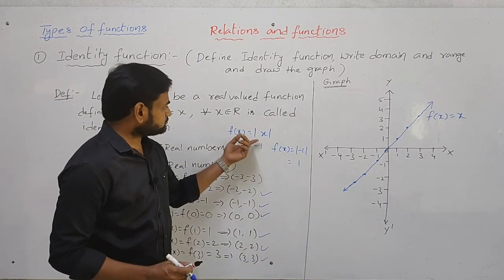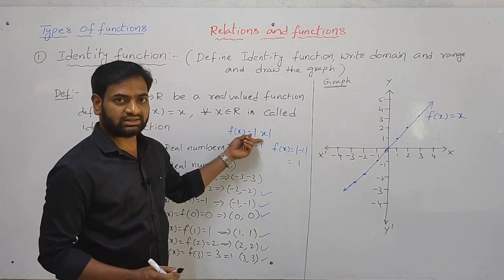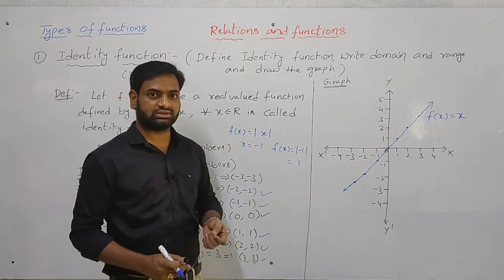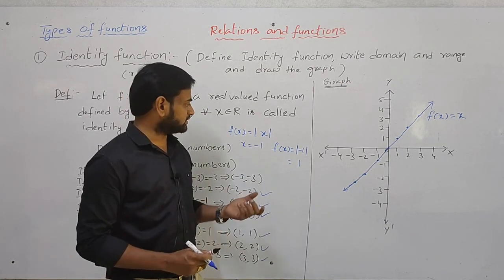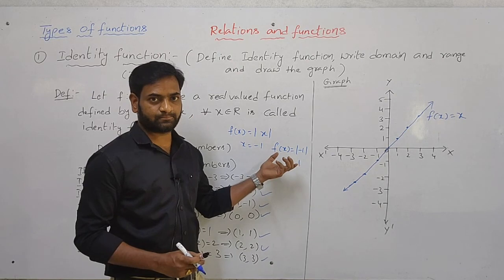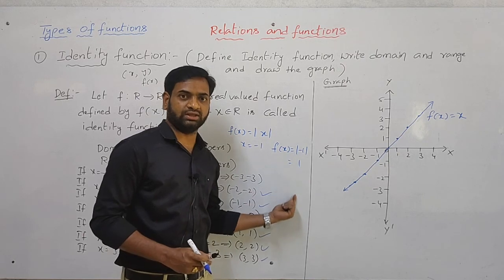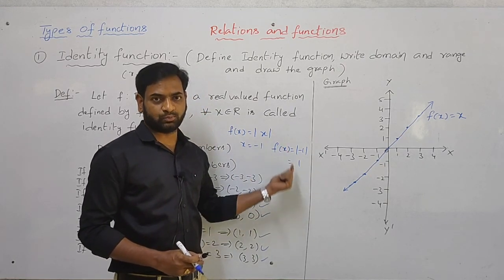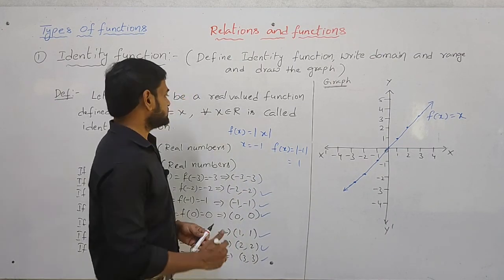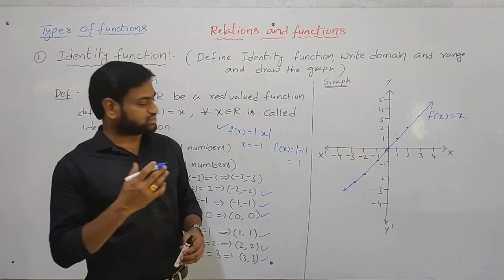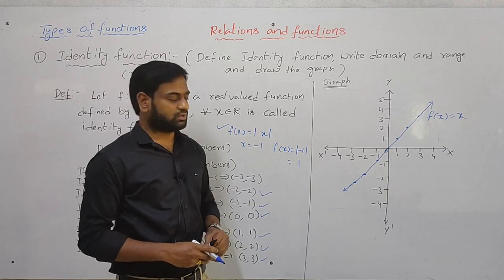So you can say now, what is the domain here? Domain is, here there is no denominator. When there is no denominator, the domain is real numbers. That is the domain. Next, whatever the range is, if you observe here, always you will get positive only. So you will get only positive, that means you can write positive real numbers. Okay. So this is the modulus function, and this modulus function I will explain in the next video clearly. Thank you.